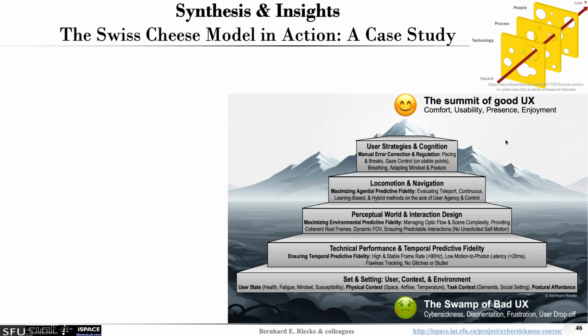So imagine you're, let's say, at SIGGRAPH or a big VR conference. Alex was trying to prepare her talk, didn't sleep much, which is already a bit of a problem. The room is a bit stuffy and noisy, and so on. So there's already big holes in the setup here. Now, let's say she tries to do a demo, but it runs on a laptop that has been running for hours, so thermal throttling, so it has some jitter and basically some glitches. Another hole in that layer as well.